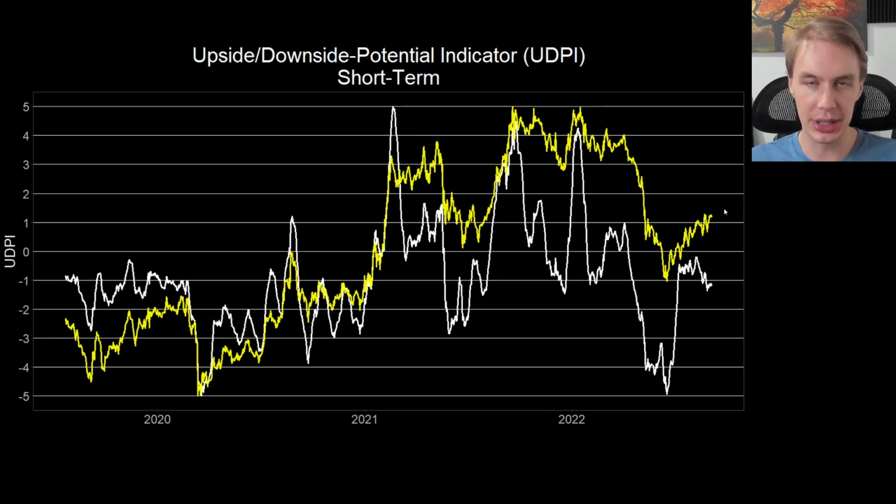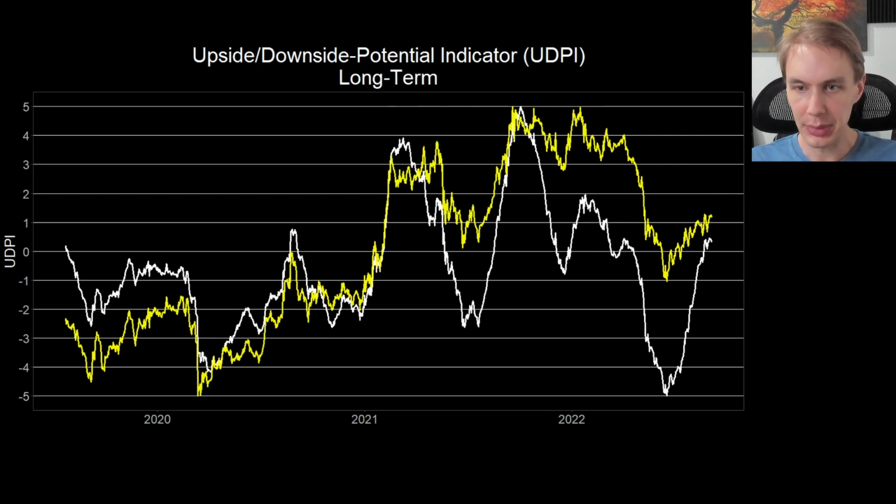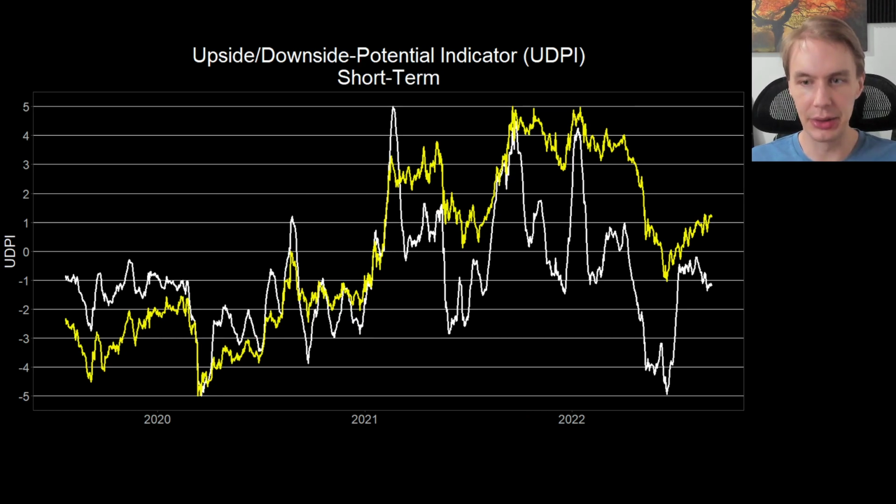And that's where, again, unless the crypto market continues weakness, it could be that, all else being equal, at least from the short-term UDPI's perspective, upside might in the short term be possible. So my overall read between these two is I think the long-term UDPI is a little bit undecided, and that's where I think what the crypto market does will decide which way this ends up blowing. And I think the same is probably going to be the case with the short-term UDPI. If there's a lot of prevailing weakness, then even with what you might consider a bullish divergence here, that might still not end up meaning anything and price could roll over. But if things remain neutral, or if we get some bullish sentiment in the market, then we could potentially see price continue to move up from here in the short term.